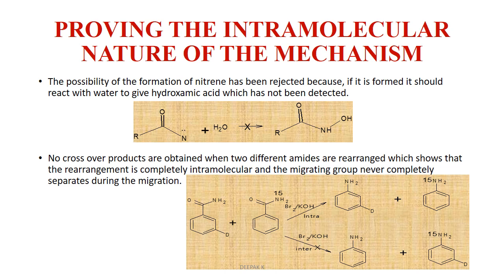Look at that. An NH2 group is formed, that is, unlabeled nitrogen is formed with no deuterium, and labeled nitrogen is formed with deuterium. That is against the starting material, right? Because in the starting material you have labeled nitrogen without a deuterium, and in the product you have labeled nitrogen with a deuterium. So that is not formed. That would be an intermolecular mechanism, but that is not formed.